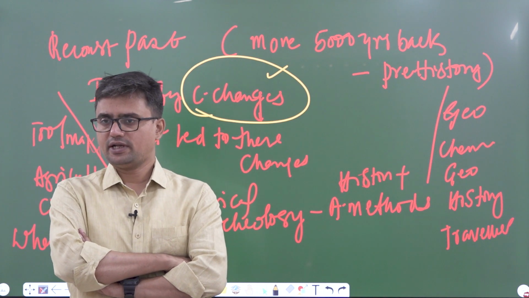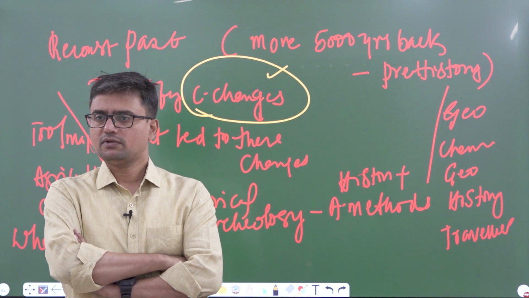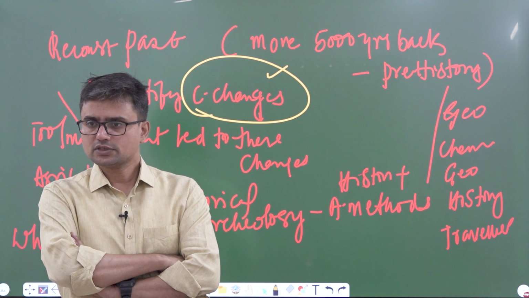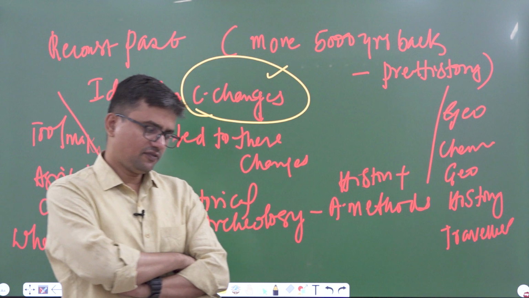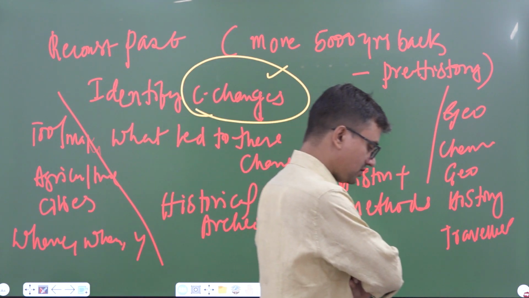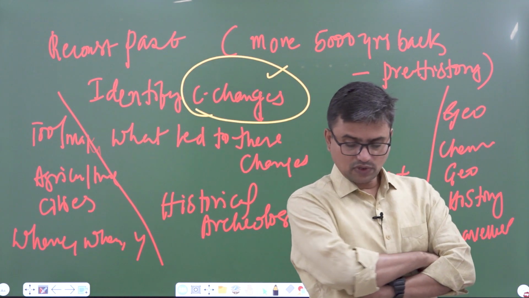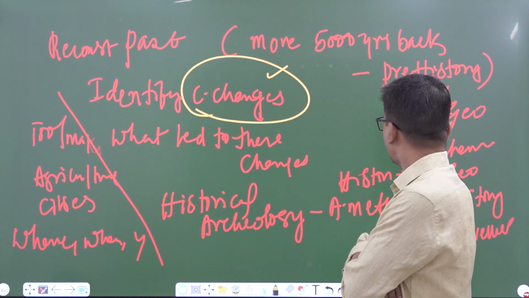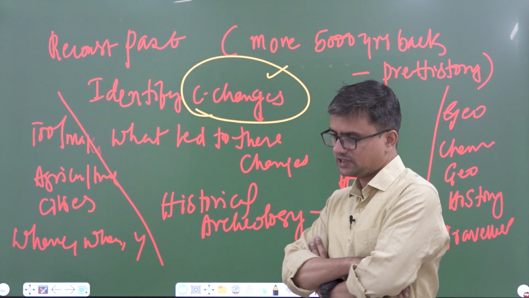For example, we have carbon dating. Carbon dating is a method of chemistry rather than archaeology. Yes or no? Next, to identify when, where and how cities first emerged,